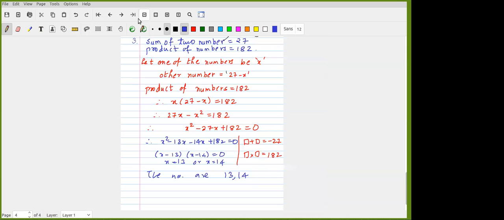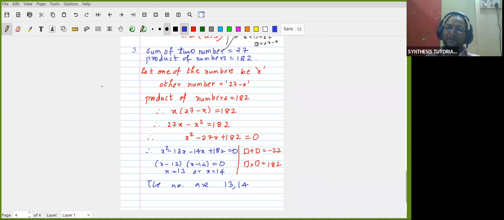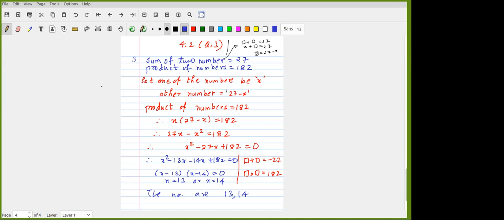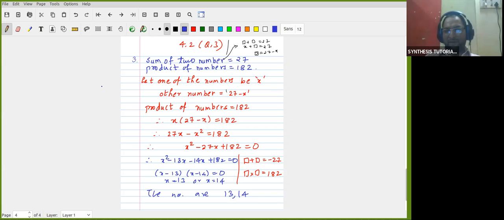Now please remember, especially in mathematics, there are always opportunities to verify your answer. You have your answer, 13 and 14. Now you should verify whether it is right or not. Add the numbers. When you add them, how much are you getting? 27, yes or no? Yes, sir. You multiply, you will get 182. So this is how you can quickly verify, not always, but in most cases.